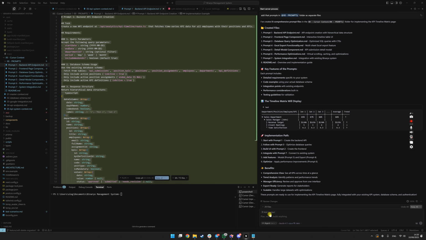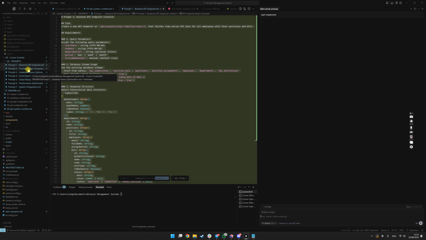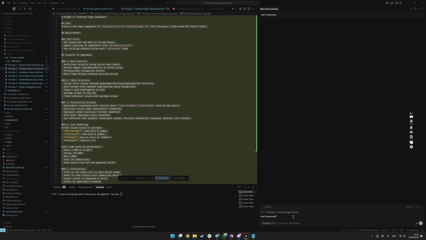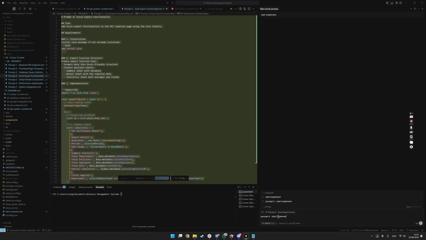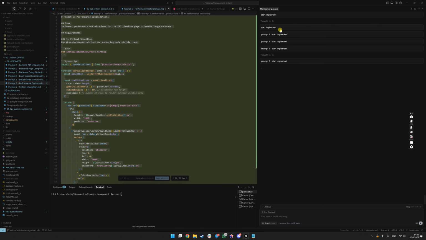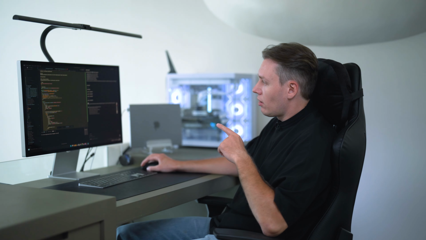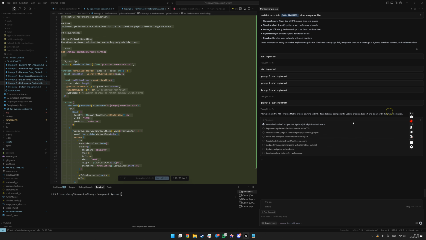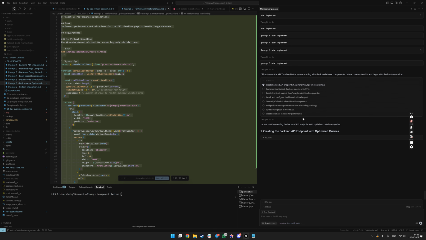Here, when we have already finished preparing the prompts, we can do the next step. We can simply copy that prompt to Cursor and start implementing it. And we can do it several times. Right now you see how the system is creating task lists from those prompts that I gave to him, and he started writing code by himself. Our Cursor finished everything, and we are ready to check what we get.